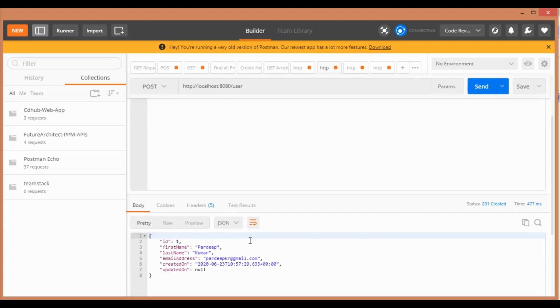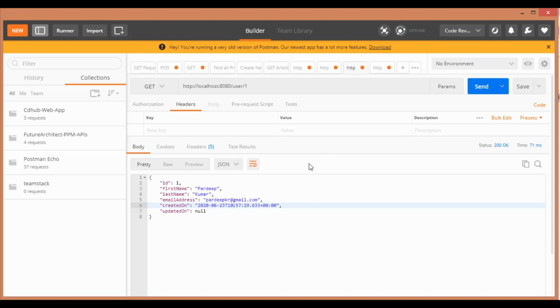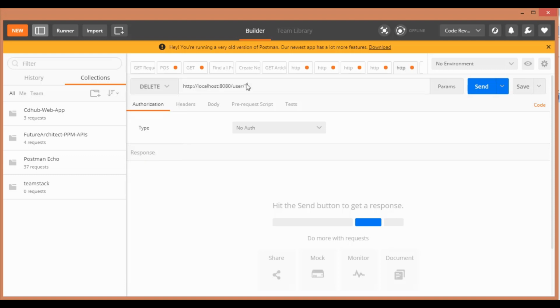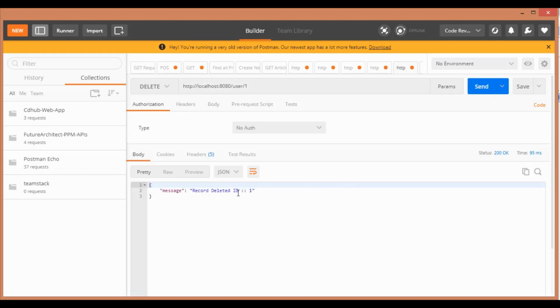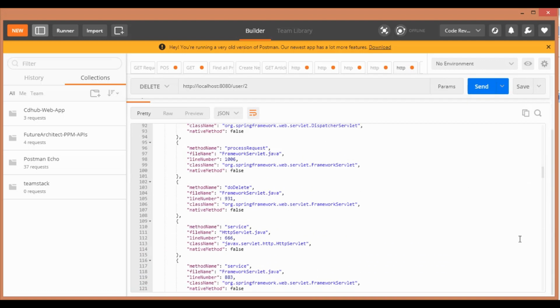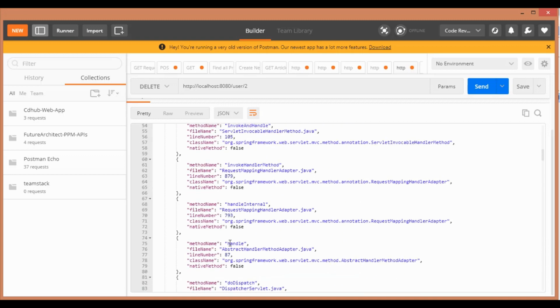And in the same way we are going to check in Postman. First we have created the record. Now from the get API the record is coming. Now we are going to delete it. So the record is deleted with ID 1, and for 2 we are getting an exception that the record is not found, so an error while deleting that record.